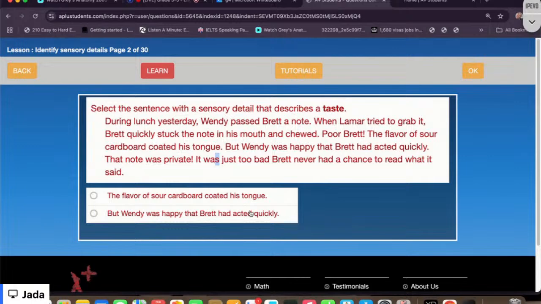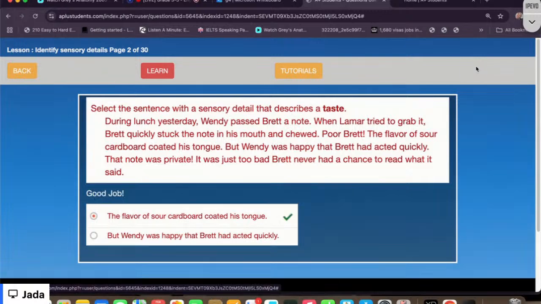So, what is the sensory detail that describes taste here? So, the flavor of sour carbon coated his tongue. Okay,